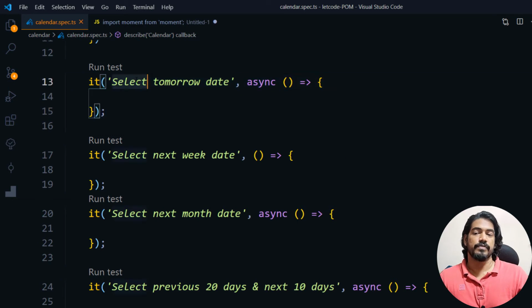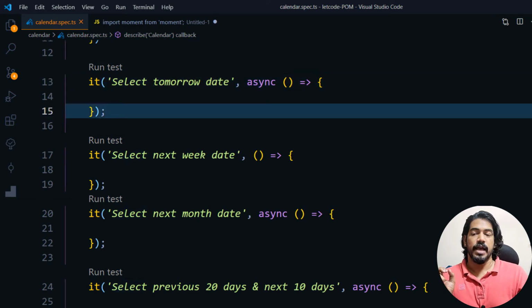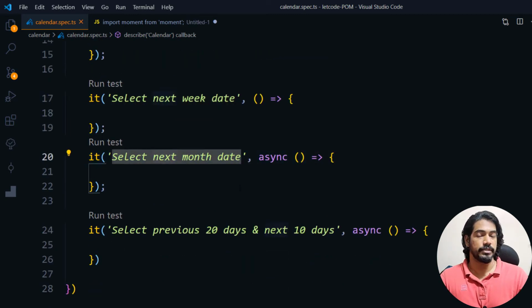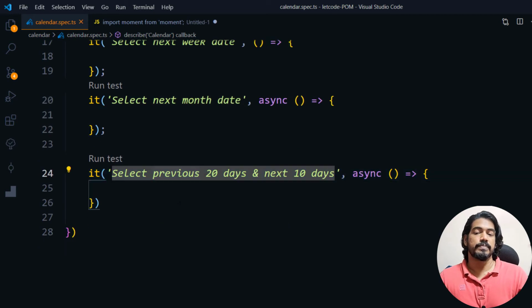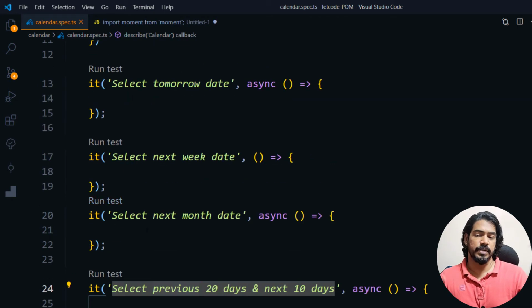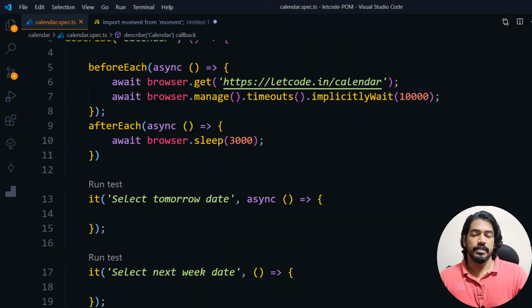For example, I have to always select the tomorrow date, and then maybe the next week, and then another where I have to click on the next month. And the last one, select previous 20 days and next 10 days. I think these are the main scenarios we have faced while automating. So I have just taken this one, and let's see how to do that.